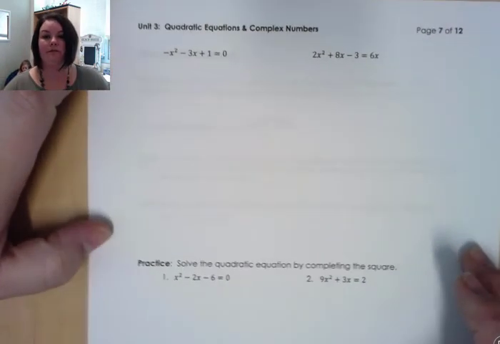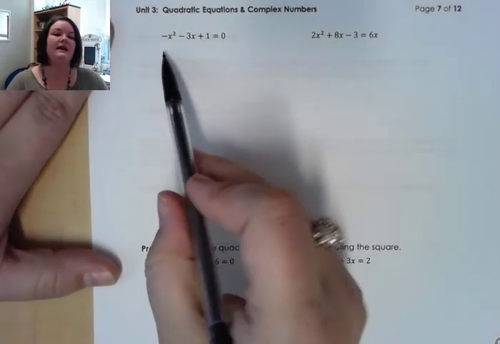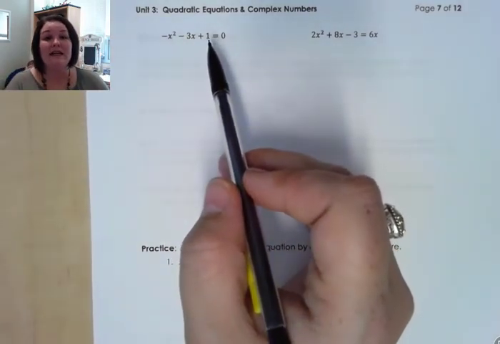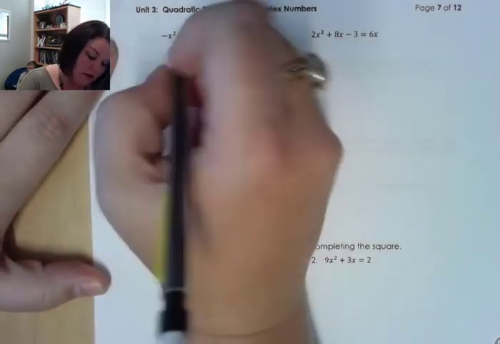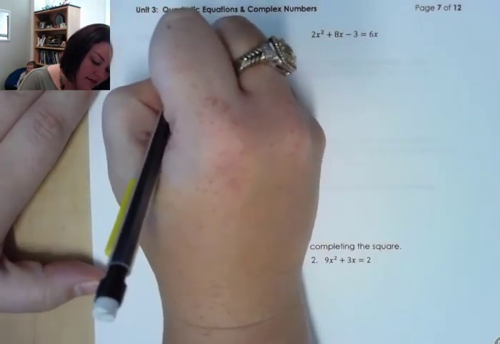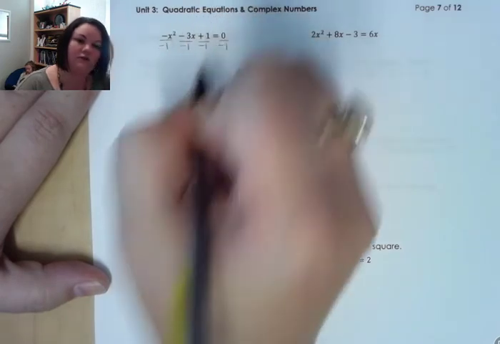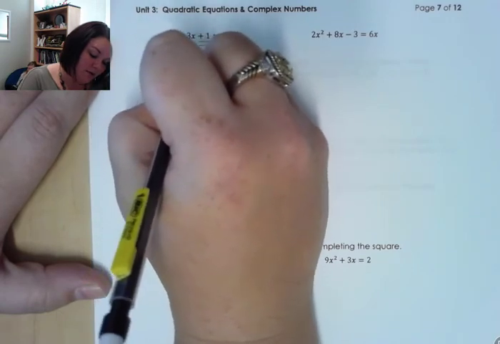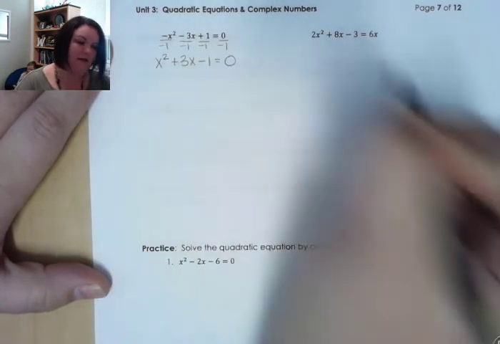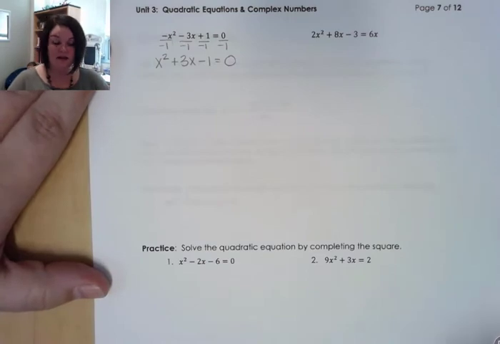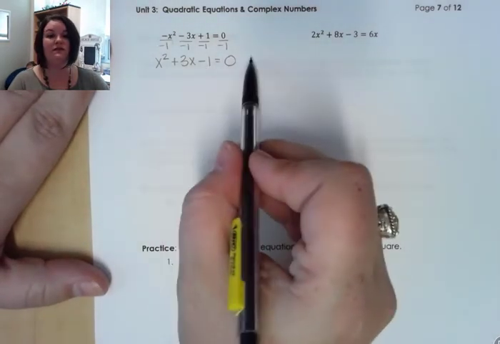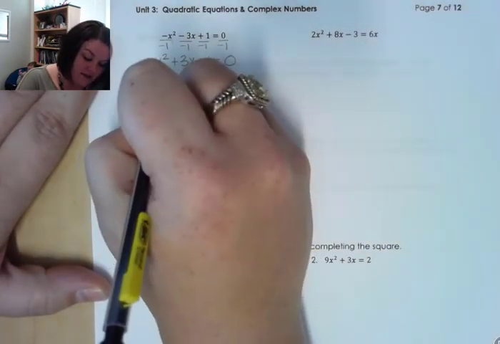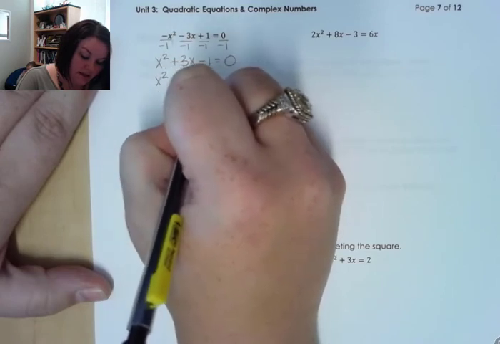up at the top, we have -x² minus 3x plus 1 equals 0. First thing we want to do is make sure our leading coefficient is a +1. So I'm going to divide off this negative by dividing every single term by a -1. So this gives me a +x² plus 3x minus 1 equals 0. Then I need to make sure my constant term is moved to the other side because I don't need it to complete the square. So I'm going to add 1 to both sides, which gives me x² plus 3x equals